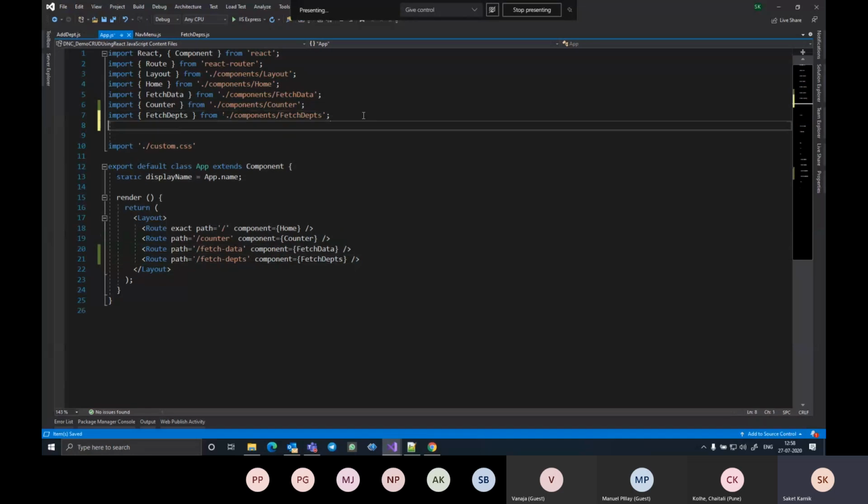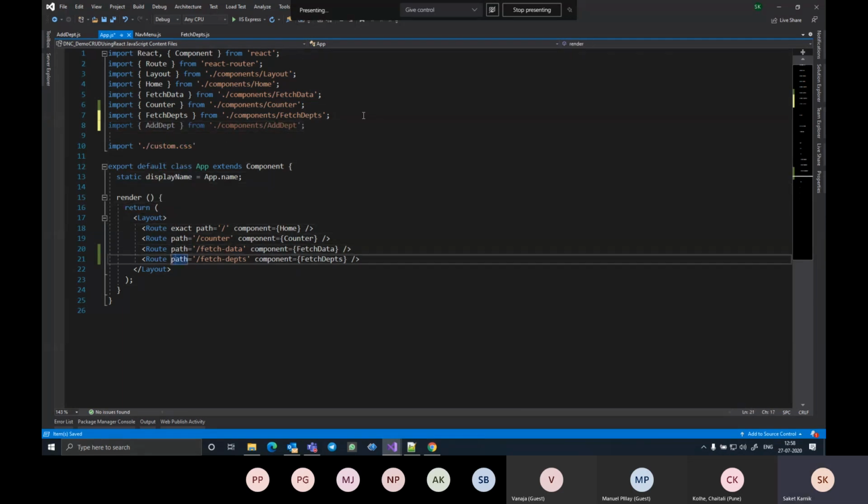Before that, we need to import the newly created component. So I say from /components/add department, and the class I am looking to import here is add department,